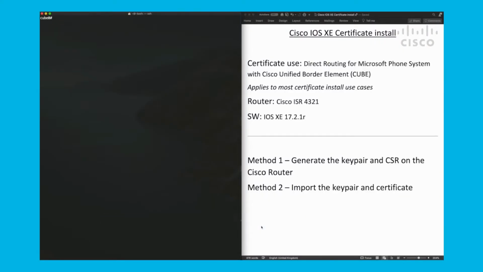Hi, this video will guide you through the process of installing certificates on your IOS XE router. Specifically, the certificate install process required to establish a TLS connection from your Cisco Unified Border Element, or CUBE, router to the Microsoft Phone System, also known as Microsoft Teams, for a direct routing configuration. However, the methods used in this video apply to most use cases where a user wants to install and configure